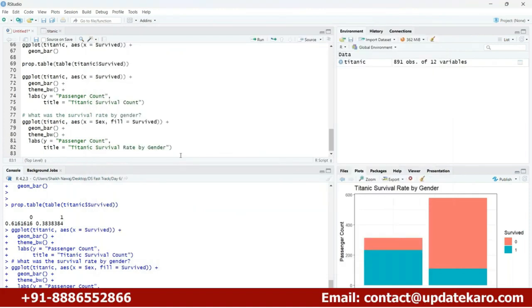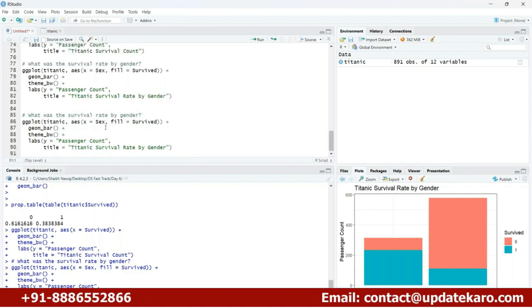You can do multiple things with this. You can go ahead and do different things. You can check what the survival rate was by the class of the ticket. If you want to check this, you can again use the same thing. You can just copy and paste this, like, let's say, what was the survival rate by the class of